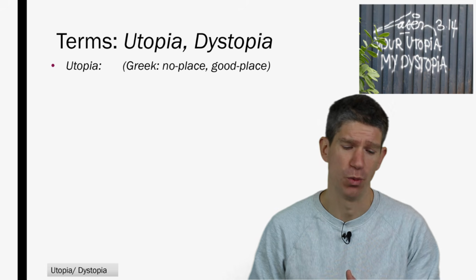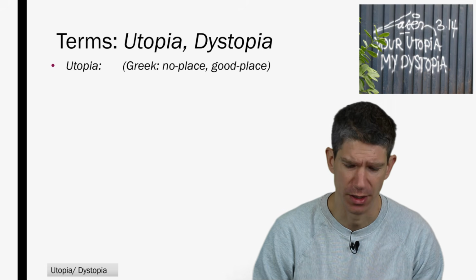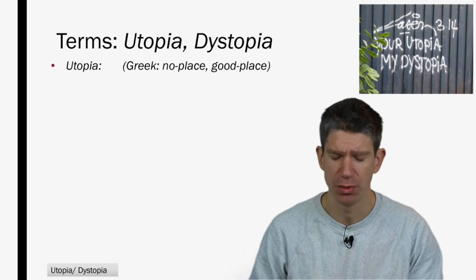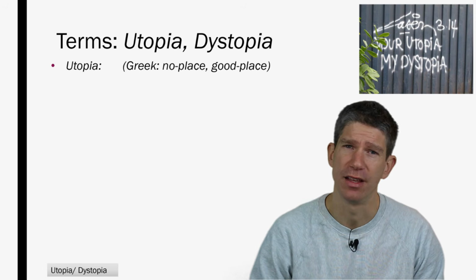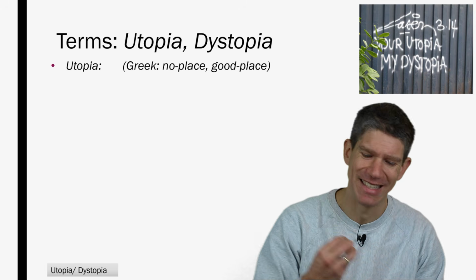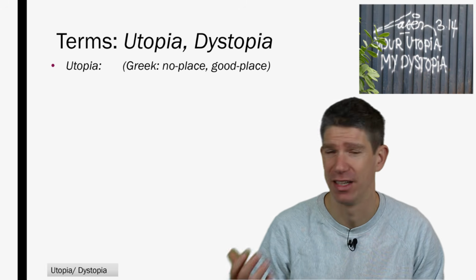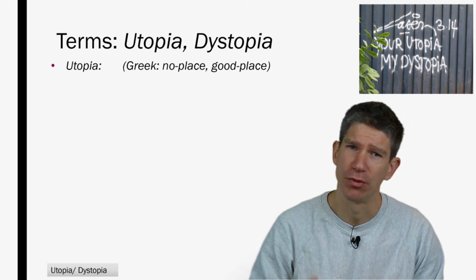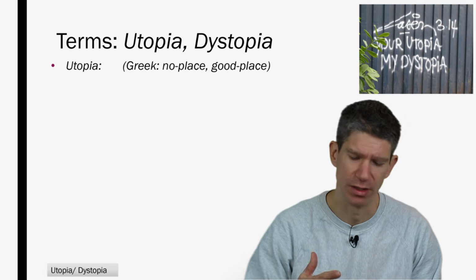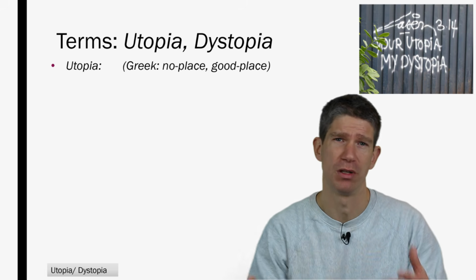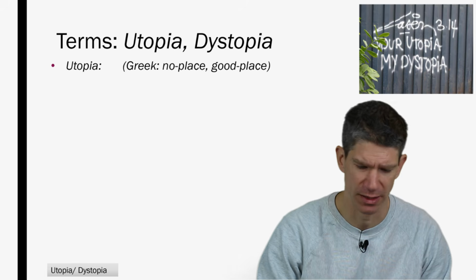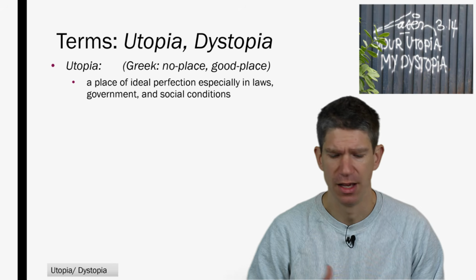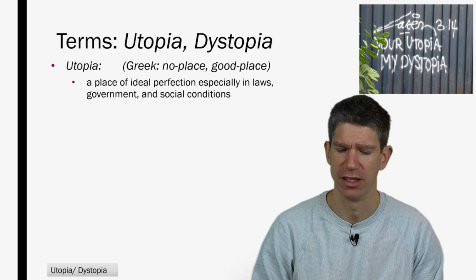So we have the word utopia, which comes from Greek words, and it can be translated into either no place or good place, and this ambiguity is there on purpose. So it's not clear if it is a place that cannot exist and doesn't exist, so no place, or if it's a really good place. But of course, in reality, it's used in a combination of both: a good place that doesn't really exist but is perfect. So the dictionary definition is usually something like this: a place of ideal perfection, especially in laws, government